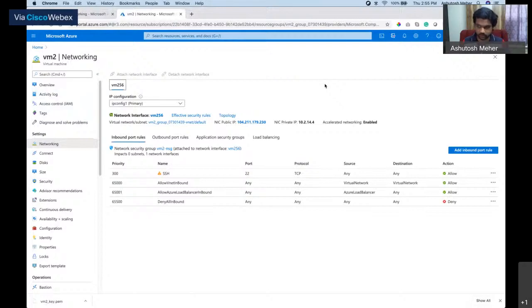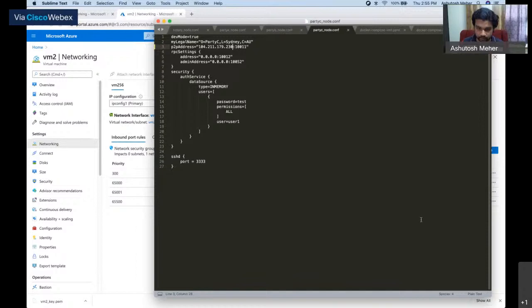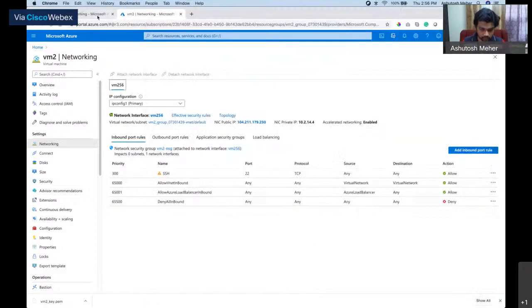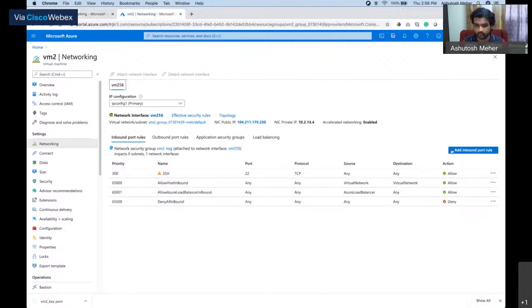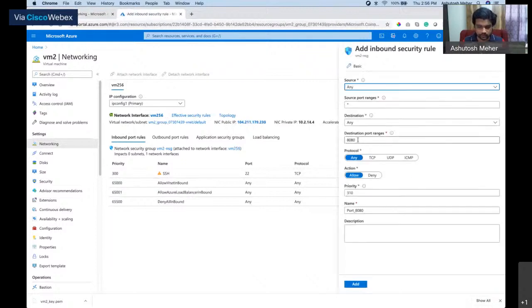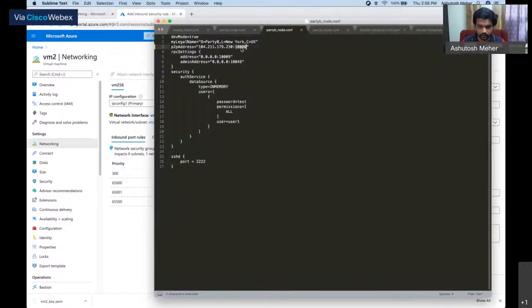What are the ports, Bart? The ports are the ports for party B and party C. That's the P2P addresses and the RPC addresses. So party B has ports 10008 and 9. Just making sure these are right. Just add these ports here. 10008.